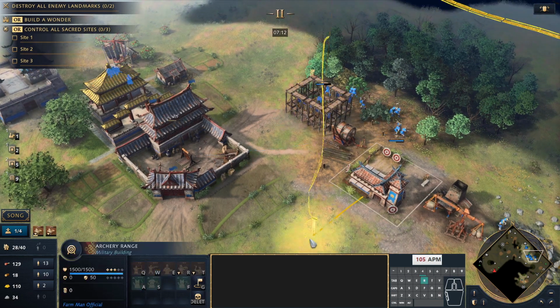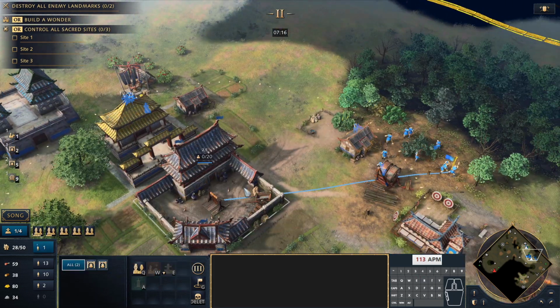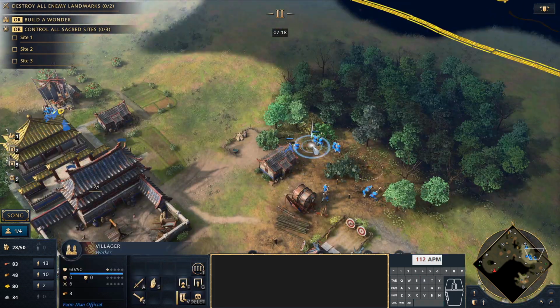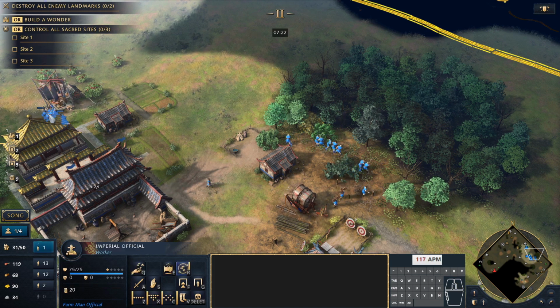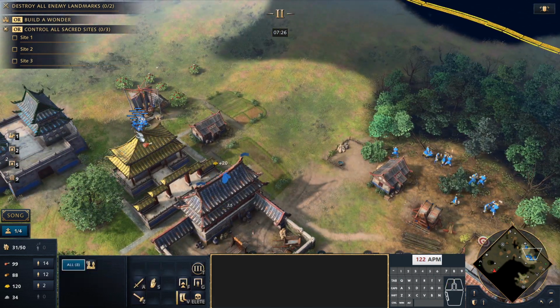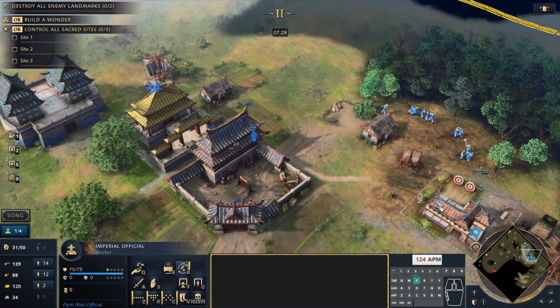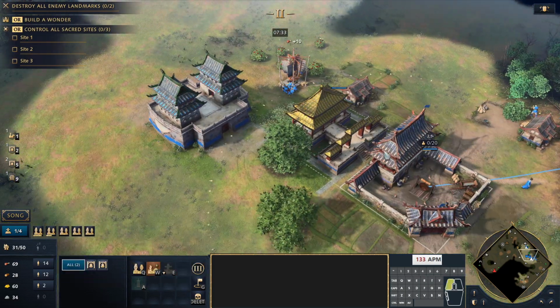Now, bear in mind that Zhuge Nu actually do cost gold, which regular archers don't. So bear that in mind. You will need to actually start taking some villagers to gold. And you can also always think about using your Imperial Official to supervise the archery range to produce Zhuge Nu at basically 3 times the speed, which is incredible. So if you're under a lot of pressure here, you will actually have the eco as long as the villagers